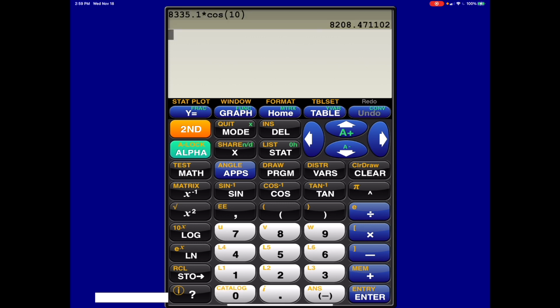All right, so we get that for the i component, and then the j component will be negative 48,000